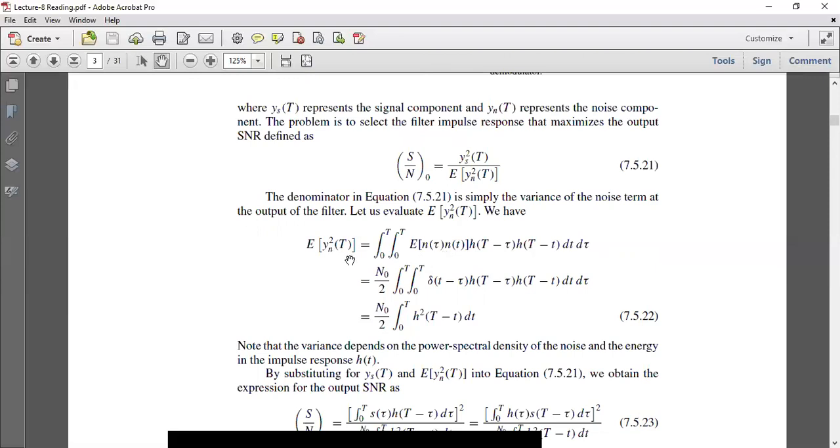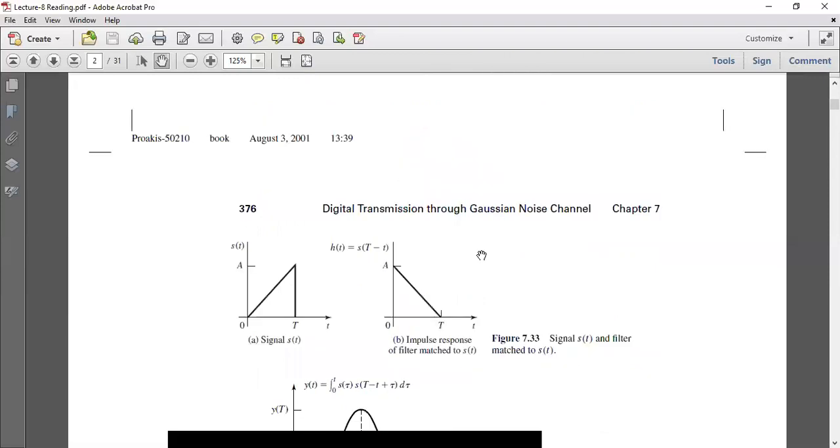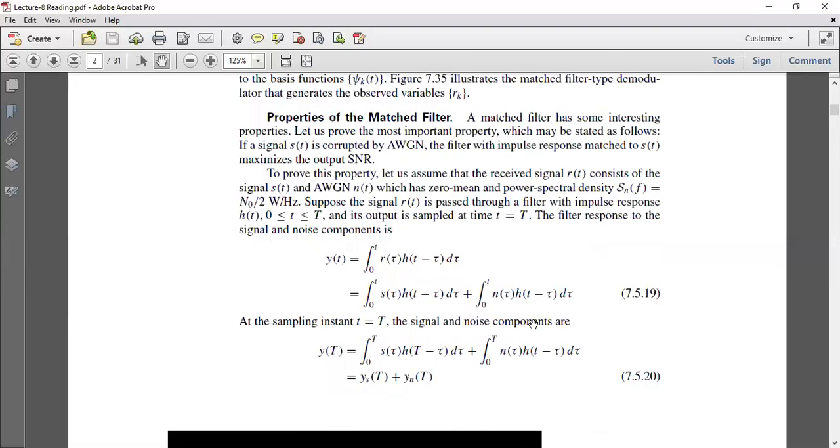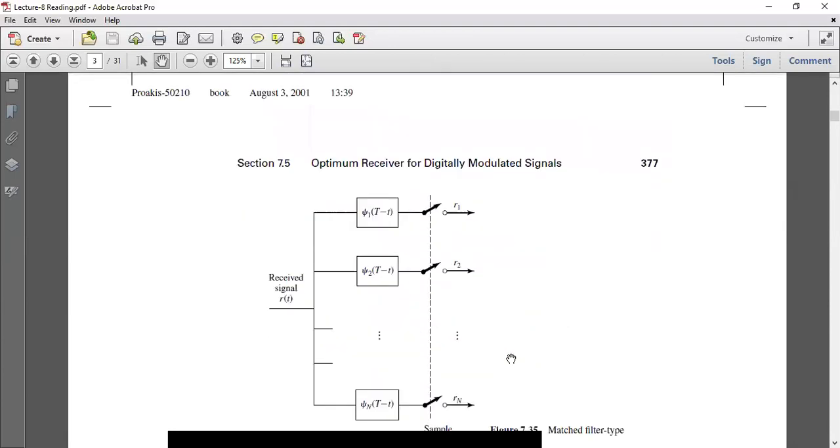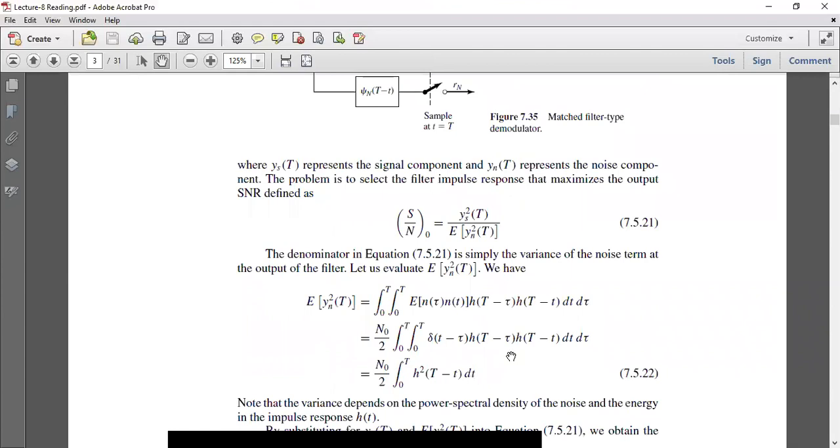Okay, so y n square. So y n square is basically the expected value of n of tau and n of t, and then you can see what is the noise component again. The noise component is n of t and h of t minus tau. So we have to find the energy in this signal, and then we have to take the expected value because it is random noise. So first we will get the square of the noise component,